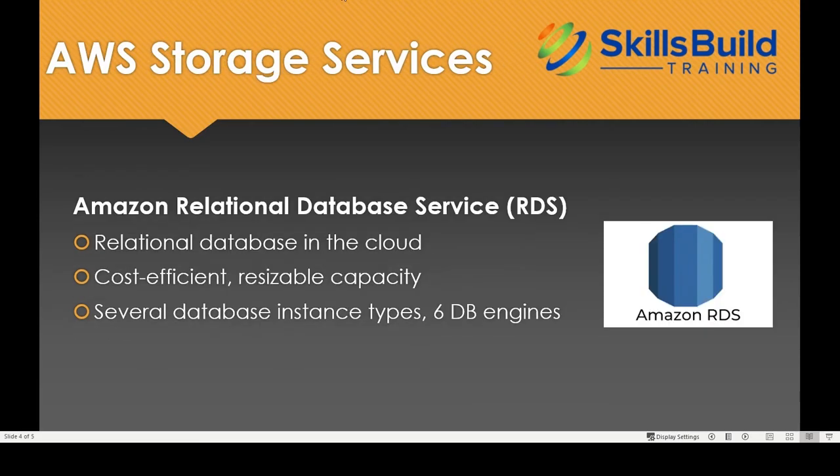Then we have Amazon Relational Database Service, or Amazon RDS. Amazon RDS makes it easy to set up, operate, and scale a relational database in the cloud. It provides cost-efficient and resizable capacity while automating time-consuming administration tasks such as hardware provisioning, database setup, patching, and backups. It frees you to focus on your application, so you can give them the fast performance, high availability, security, and